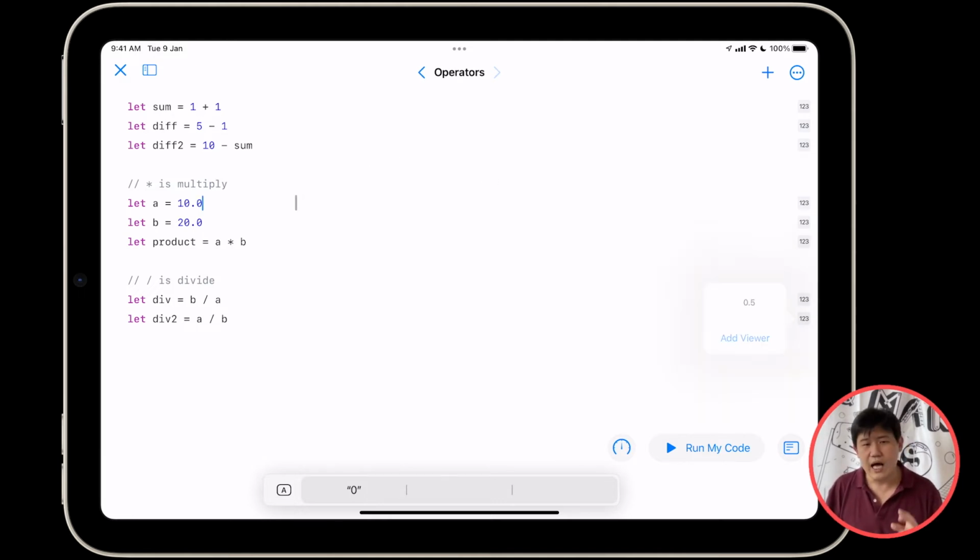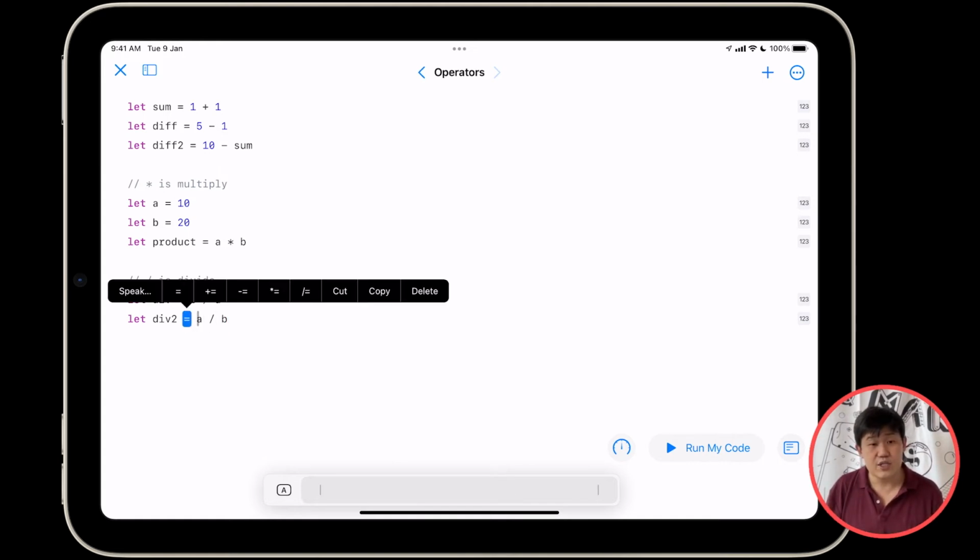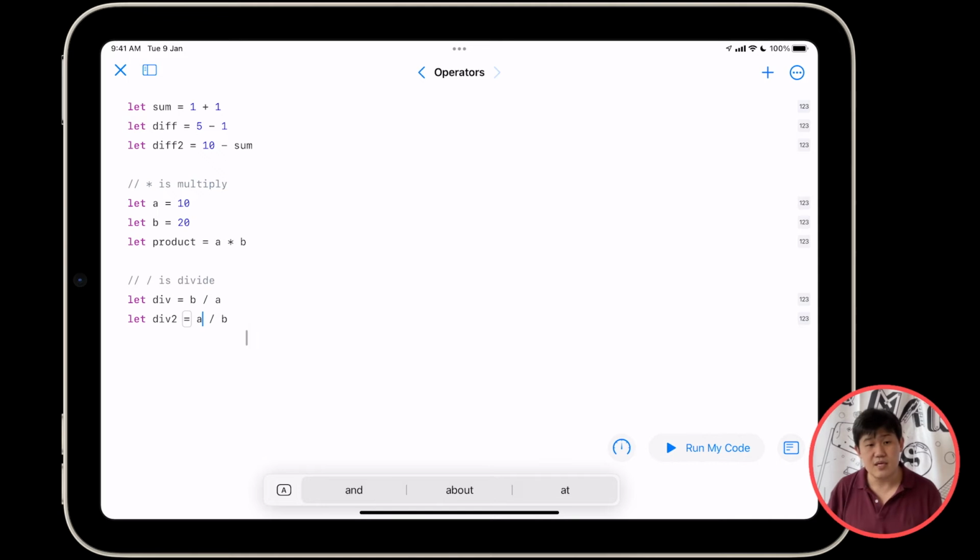Okay. However, you might end up in a situation where you receive integers from somewhere else. Okay. I'm not sure when in life you receive integers from somewhere else. That sounds very strange now that I talk about it. But how can you actually try and get 0.5? Is there a way that you can divide two integers and store them into a double? Kind of, yes. So here's what you can do. Over here, I can actually cast A and B into doubles just for the sake of this division. Right? So let's do that.